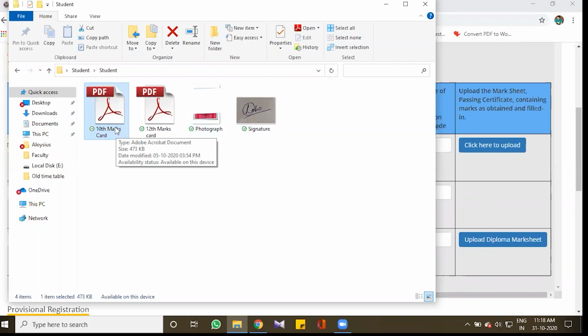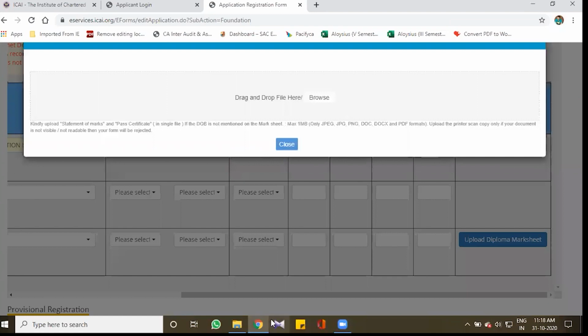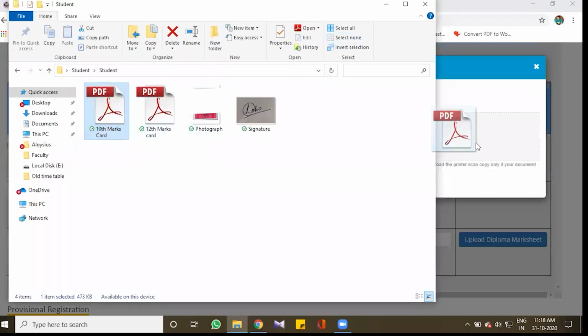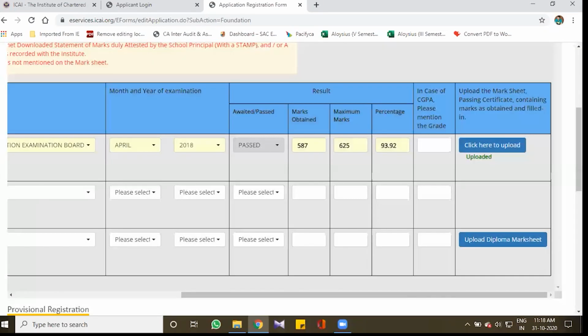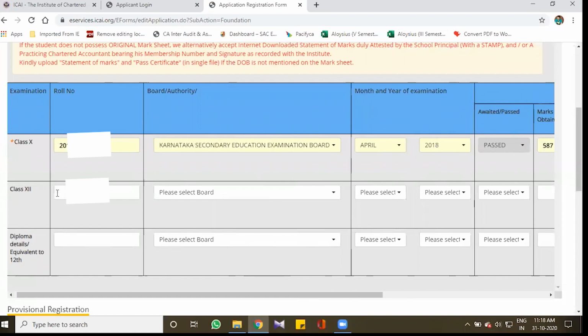Here with me, I have it already within 1 MB, so I'm going to select it directly. So I've uploaded the 10th marks card. Let us move on to the 12th examination.